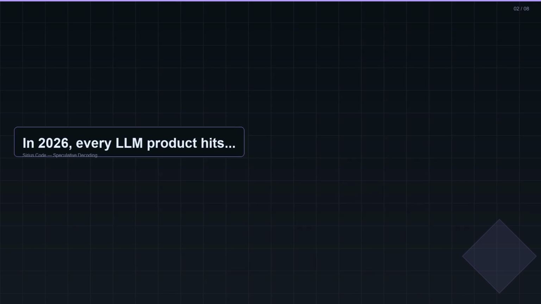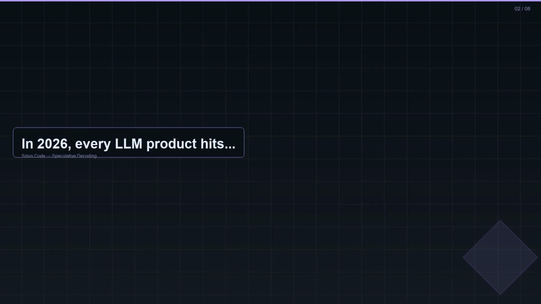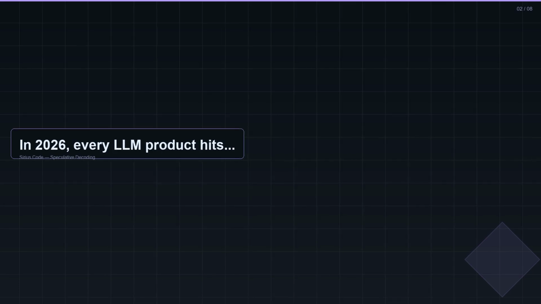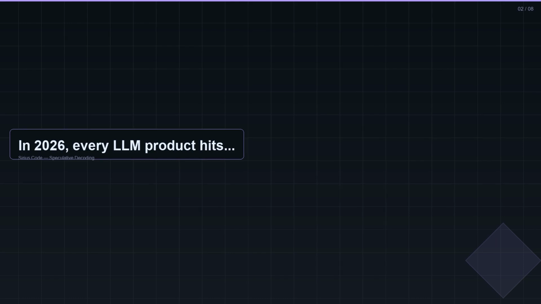When an LLM generates a token, it doesn't actually do that much math. A 7B model needs roughly 14 gigaflops per token. An H100 can do about 1000 teraflops. So one token should take 14 nanoseconds of compute. It doesn't. It takes 50 milliseconds. The other 49.99 milliseconds, your GPU is sitting there, waiting for memory.